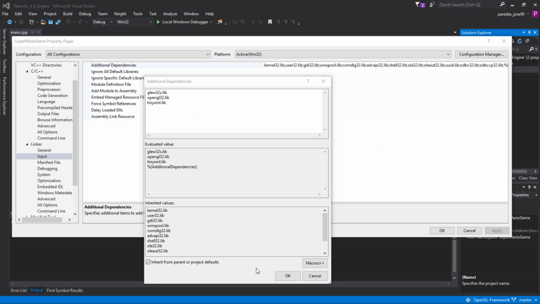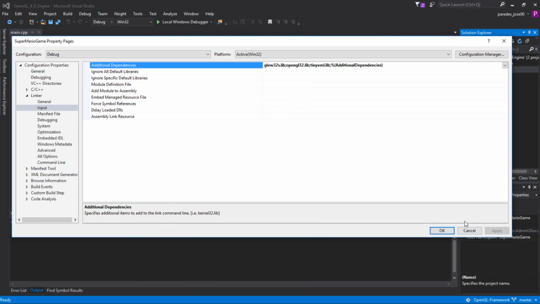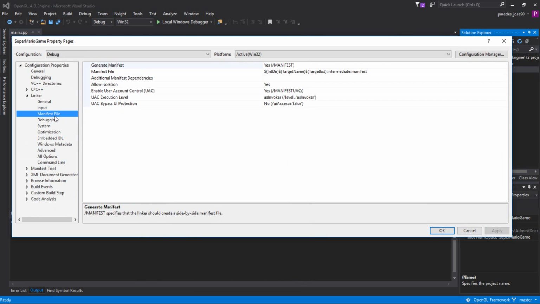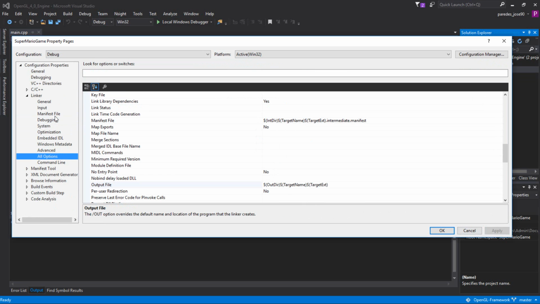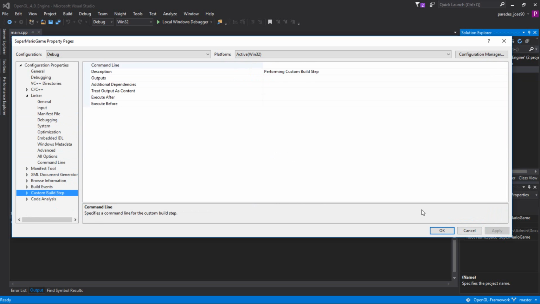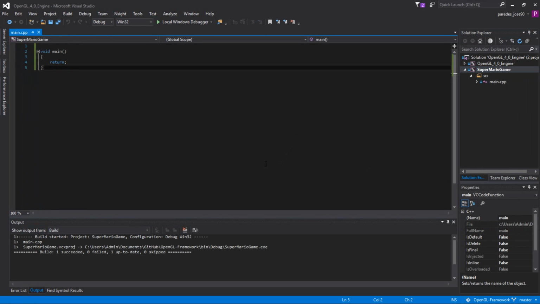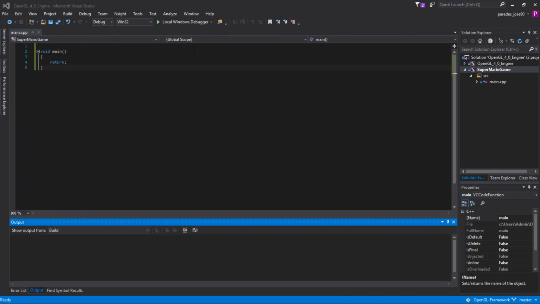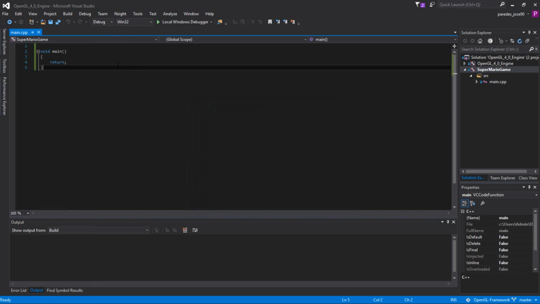You want to click OK, Apply. I believe everything else stays the same. Let's see if it builds or not, or if it crashes, because okay, it builds. And after that, you should still get this. Yay, right? Okay, so what we want to do now,